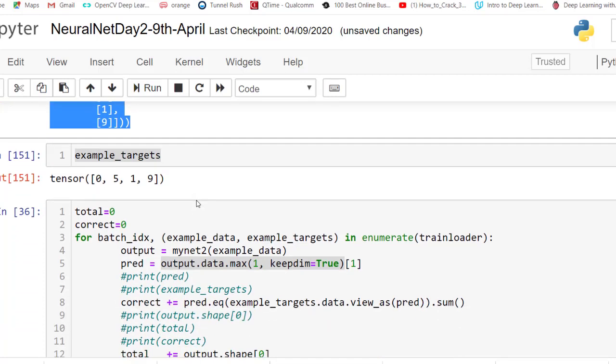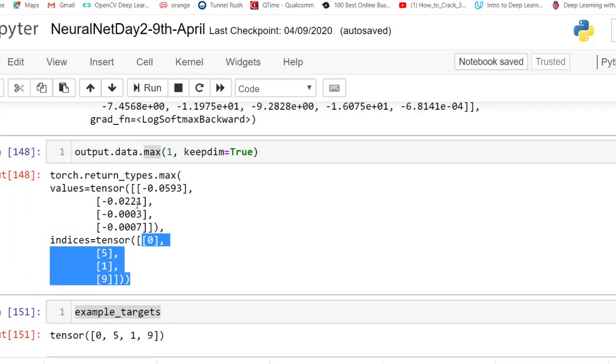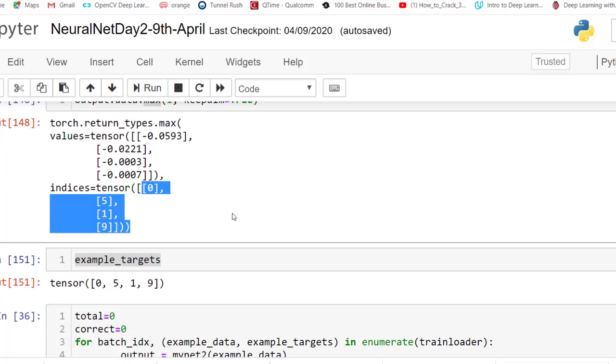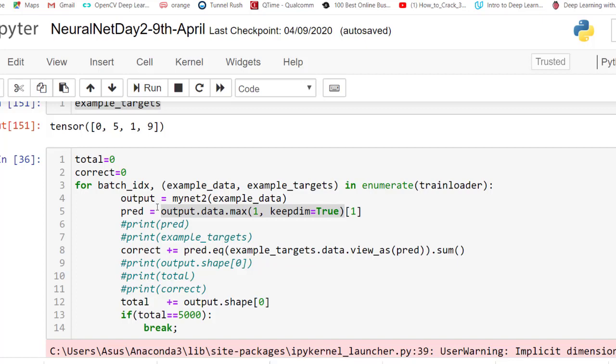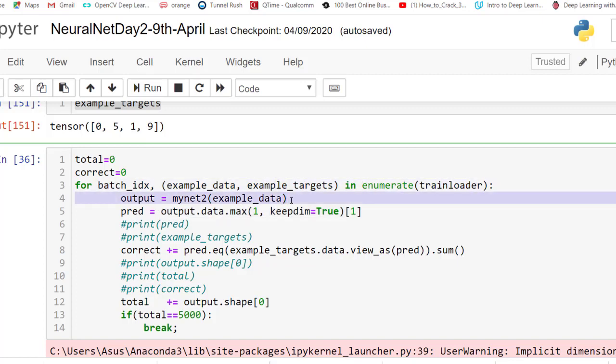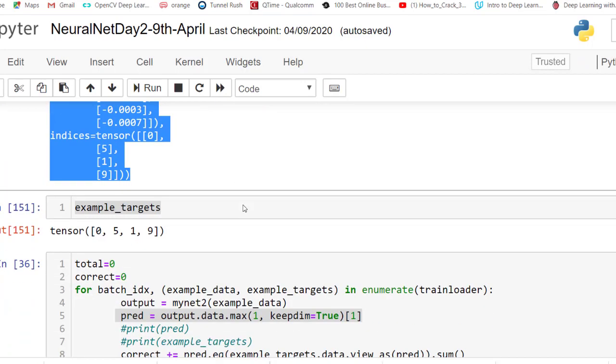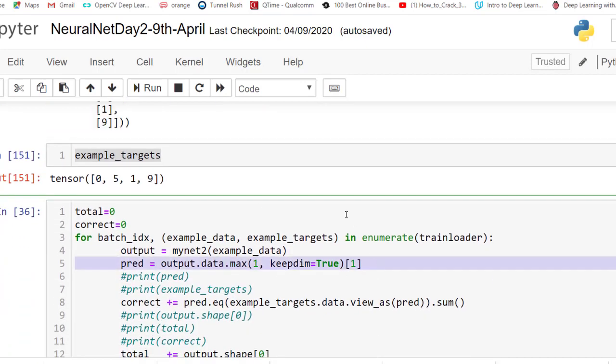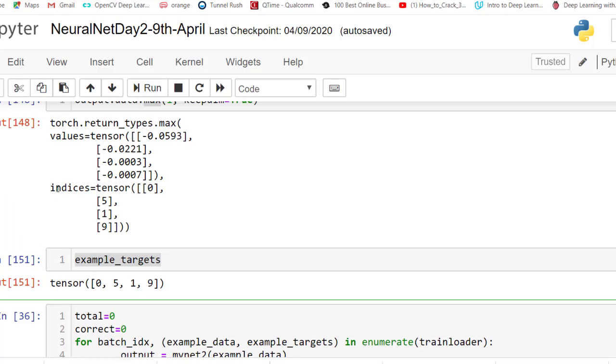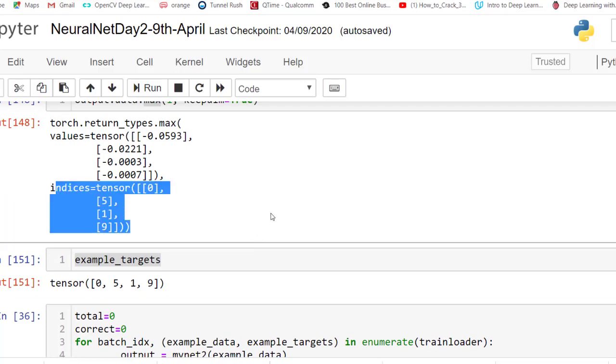Now we want to use the same logic and find how many were actually predicted correctly in the training data set. So we iterate through the training data set, we get a batch and run the network for every batch, and we get the max values and the indices, and we take index 1 because that has the predicted labels.